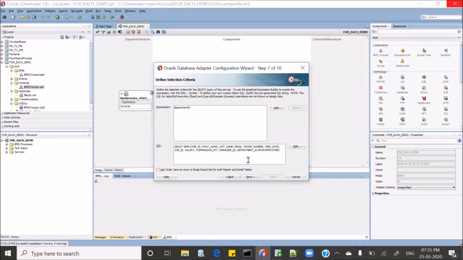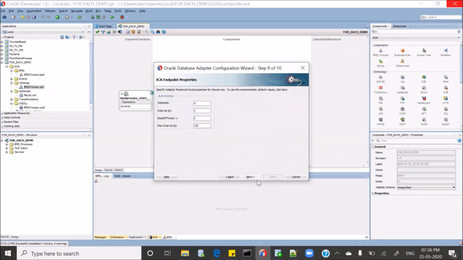Here you need to change the query. The query will become something like this. We can copy this parameter value and paste it over here. So we are querying the data from the employees table based on the department ID, where department ID is equal to whatever you pass in the parameter. Click on next, next, this also next, and finish.